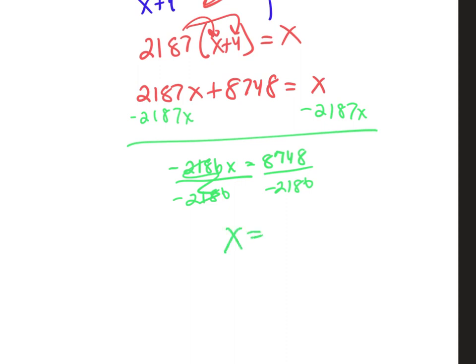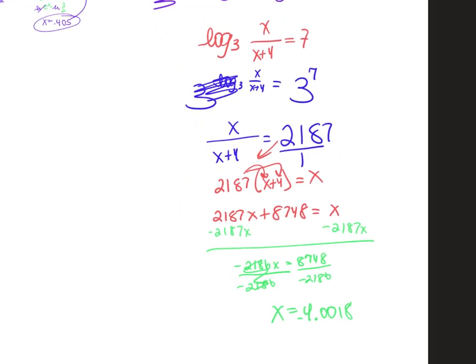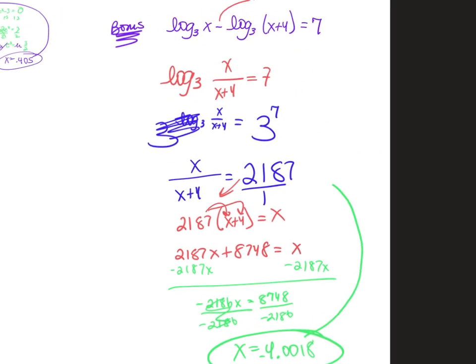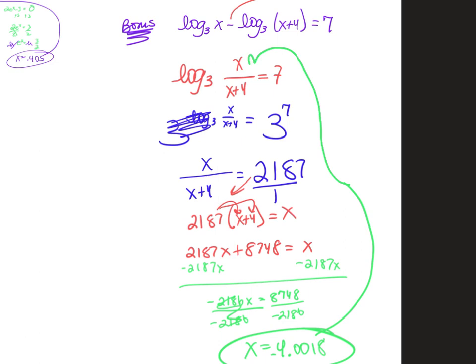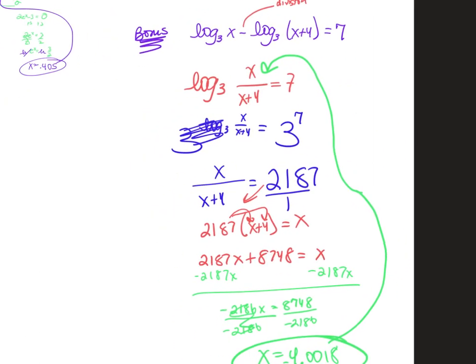So x equals, if I divide this by negative 2186, I get negative 4.0018. Right? So now I look at this and I say, okay, if I take this number and I plug it in up here, will it make my log negative? So I'd have negative, we'll say negative 4. It's kind of close to negative 4. So I have log 3 of negative 4 over,